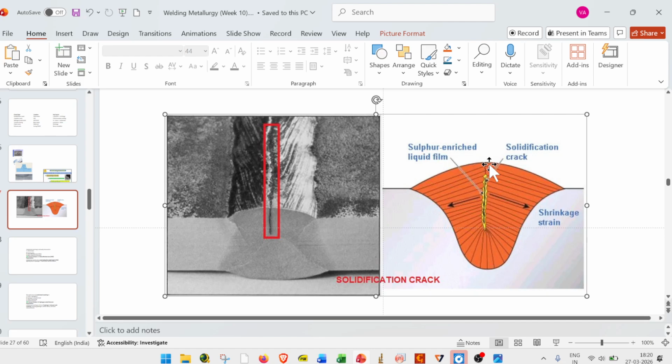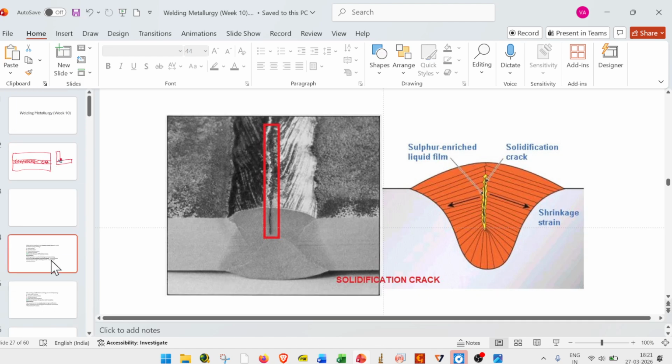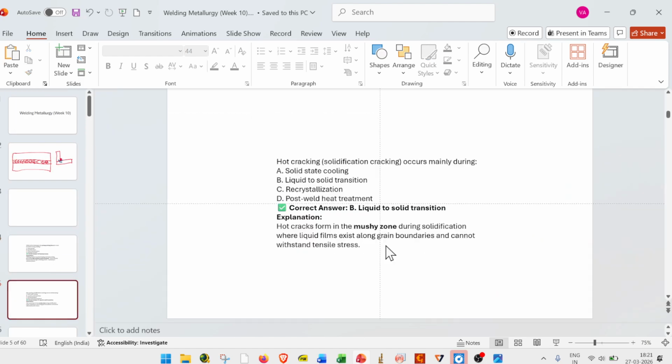It increases once we have a sulfur enriched film. If we have sulfur and phosphorus in our material, that will further promote this kind of solidification cracking. Okay, so this is how the solidification cracking looks like. Next is the